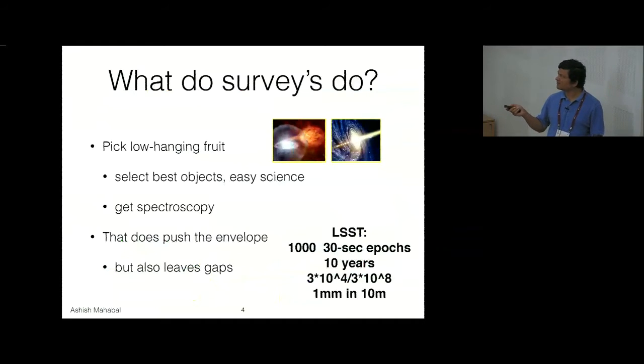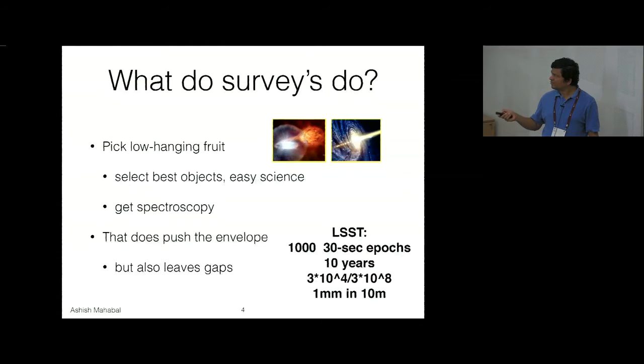Most of the time they're after low-hanging fruit. They're designed for specific things, and they go after that. They try to select the best objects that they have, and I have called it easy science. It's not really easy. I'm just trying to overreach in terms of talking about the low-hanging fruit. So they define something, and when you define it, if you do the survey well, then that science becomes easy. But much of the rest of the science still stays hard, and being able to get to that.